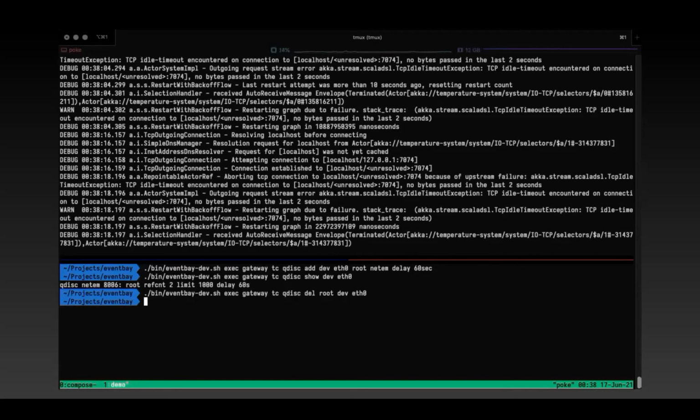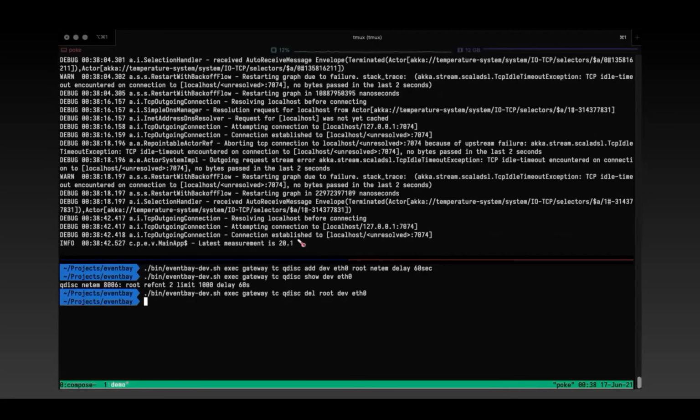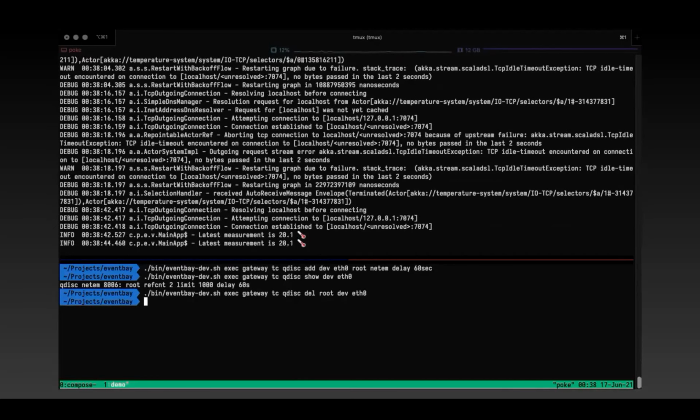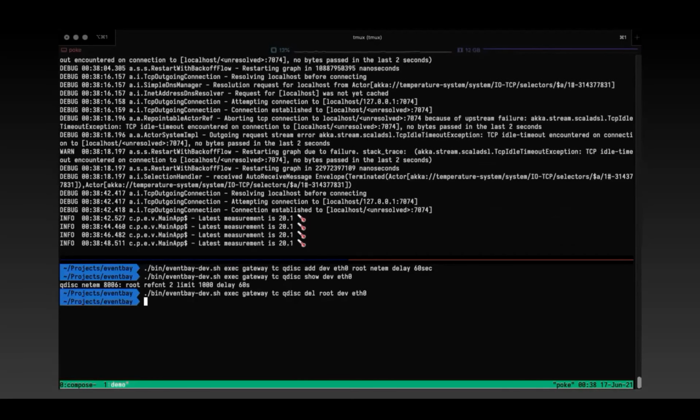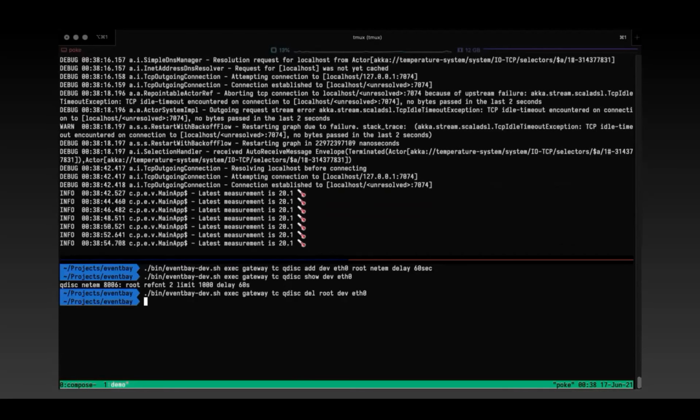And once I remove that delay from the gateway, you can see that the system starts progressing and behaving completely normal and predictable.